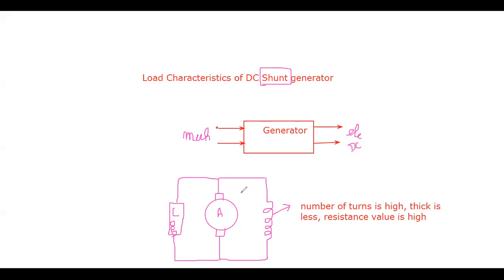Now the generator is producing the current. So the total current is here, and this is said to be the armature current. The current is produced here and that is the armature current. This armature current is now split into two. One is the current flowing through the shunt winding. Another one is the current flowing through the load. So it is IL.